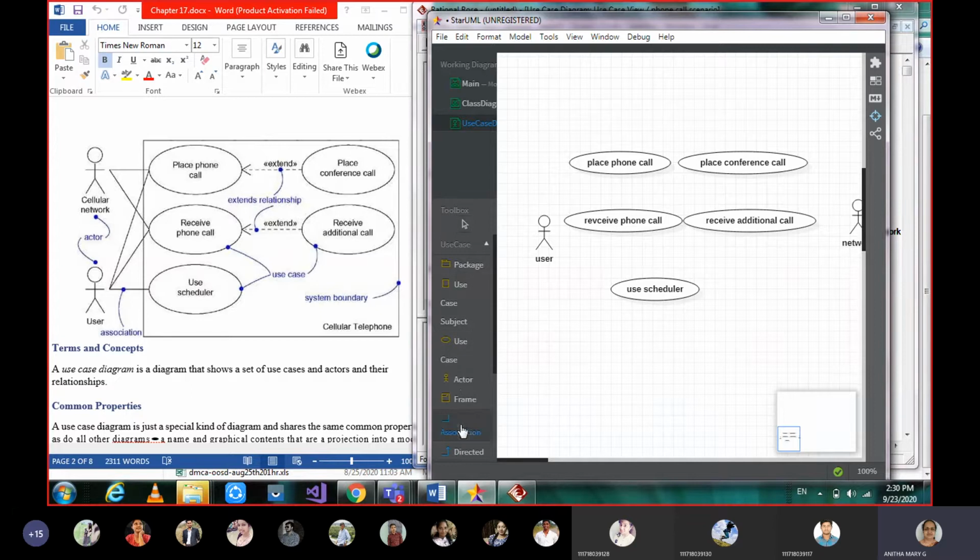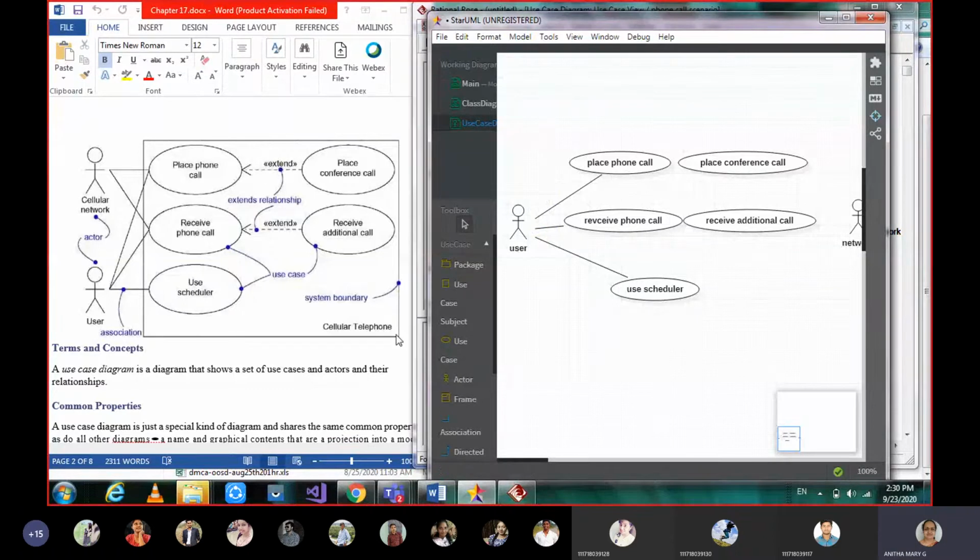After these things are done, we need to connect. Here we have both ways: from here to here associations, and from the actor to this one an association.